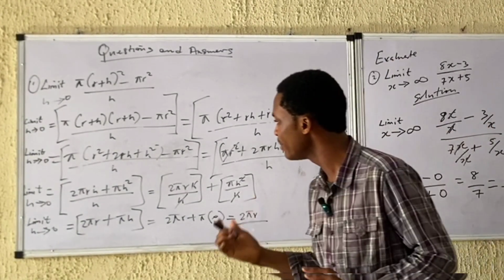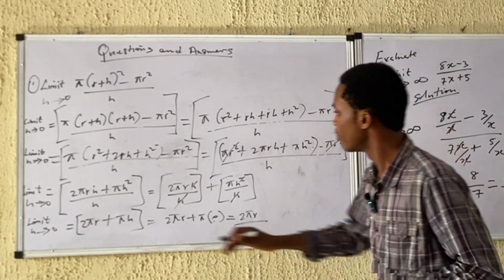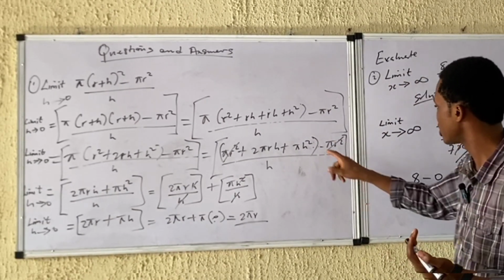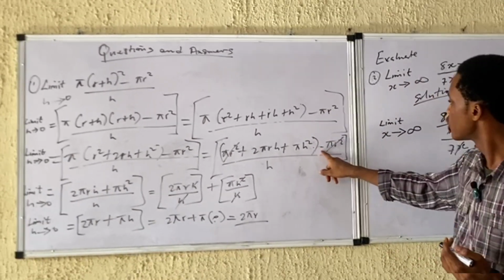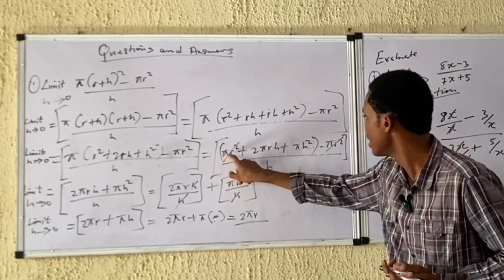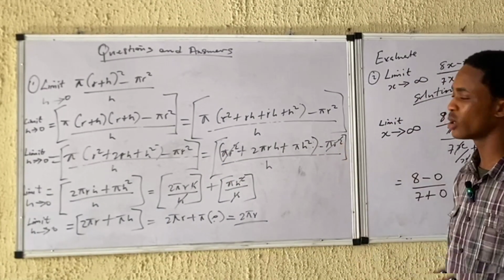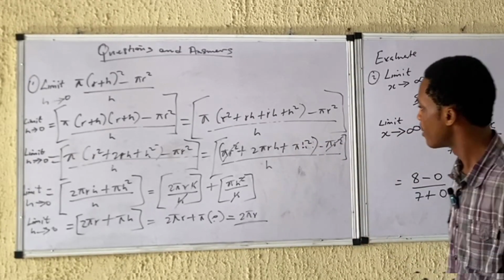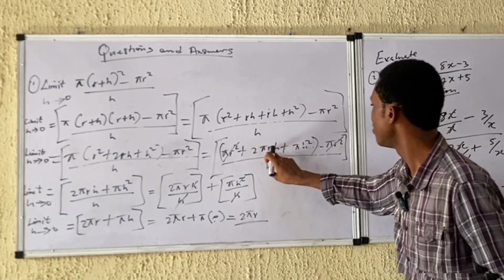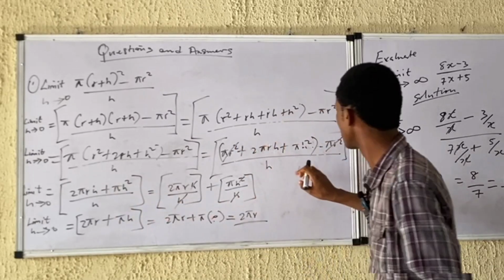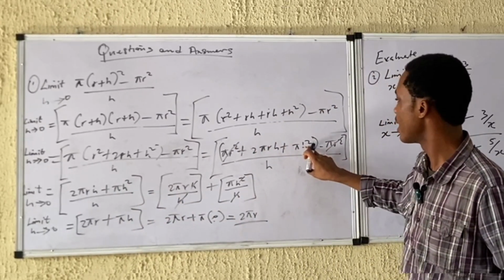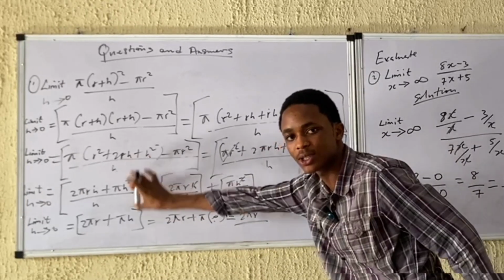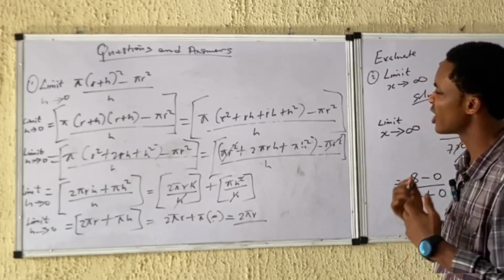Okay, now limit as h approaches 0. Bracket open. Now we collect like terms with minus because there's a minus sign here. Remember, there's a minus sign here. So this one tends to cancel this one. Pi a square minus pi a square will just give us nothing. Now we bring this one here: 2 pi ah plus pi h square all over h. We break this apart. That's it. And now to expatiate